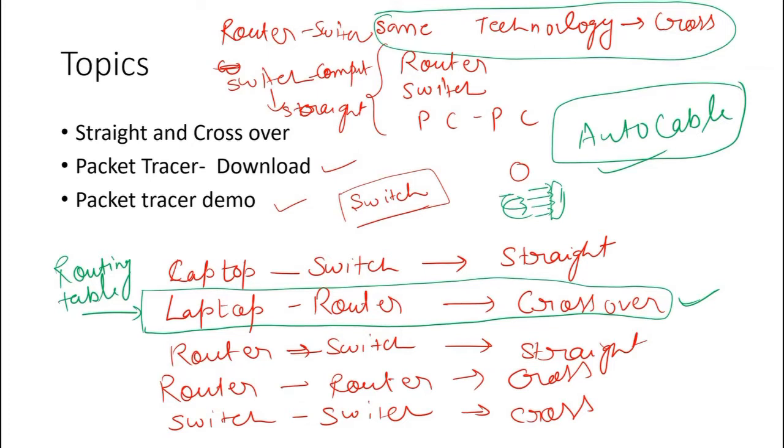Obviously there are some versions, but right now your computer or your laptop is smart enough, it automatically detects. You don't have to choose the appropriate cable. You connect any of the cable, straight or crossover, it automatically exchanges the signals and connects to the switch or router. You don't have to worry. I think it is quite old, I think 2015 or 16 or 18. Okay, 2018. I don't remember the exact year, but obviously right now it is available. And I think before 2 or 3 years, or in fact 5 years, it was available.